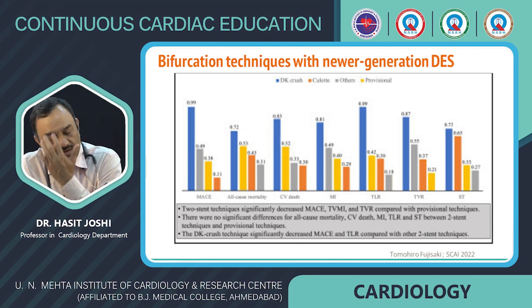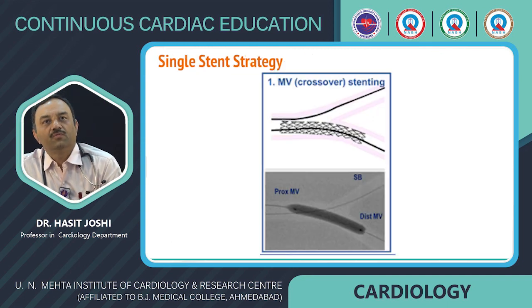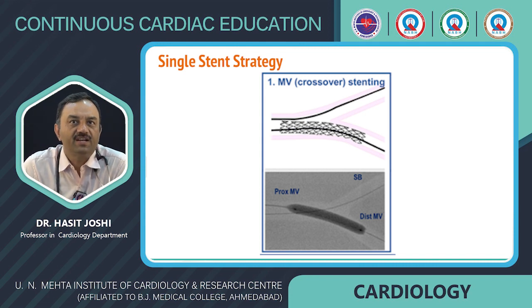And now with the newer generation of DES coming, pooled data showed that the two-stent technique significantly decreased MACE, TVMI, and TVR compared with provisional techniques, and there was no significant difference in all-cause mortality. The DK crush technique significantly decreased MACE and TVR compared with other two-stent techniques. So we'll discuss the major techniques to be used in this. We'll come first to the provisional stenting